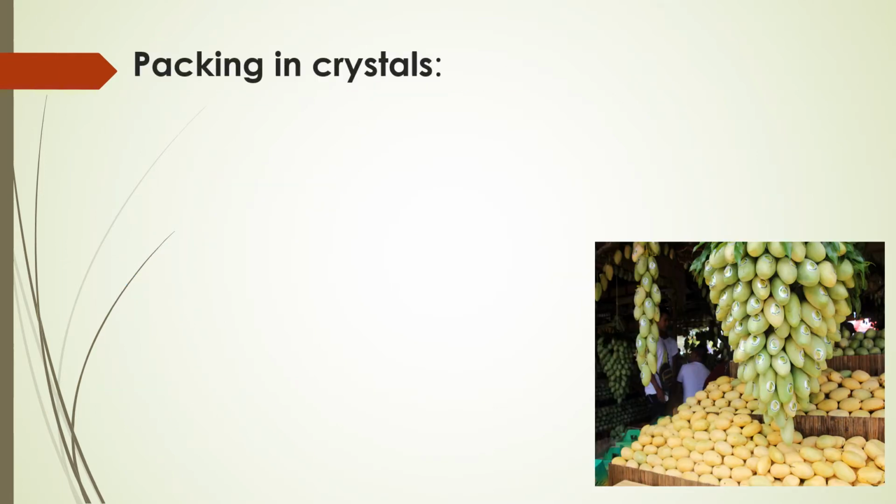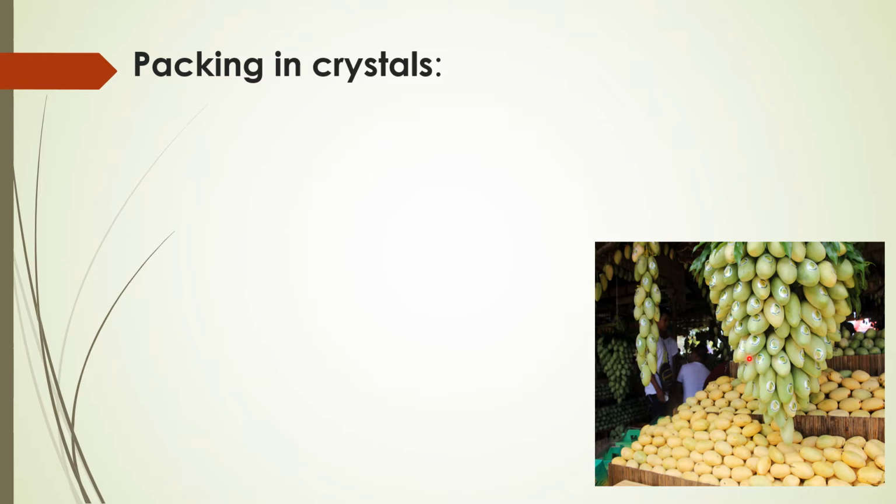Take the packing in a crystal first. We can assume a street fruit seller. How will the street fruit seller arrange oranges or apples for display? One atom gets another atom, one apple followed by another until one row is completed. Then another row is completed on top. Like a perfect arrangement, the atoms also follow that kind of arrangement. I'll show it on this diagram for your better understanding.